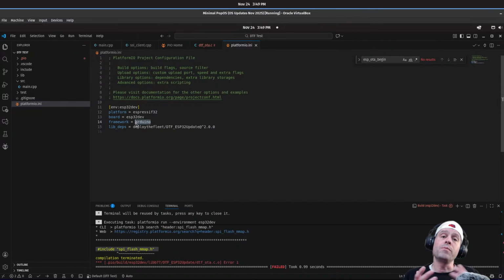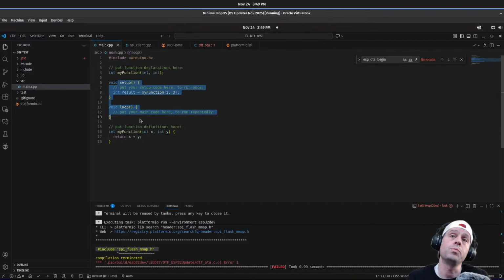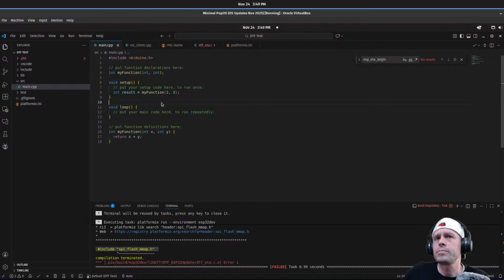The problem is that people have built up projects relying on the Arduino syntax abstraction, so it's easy for me to say, but for the customer, that is non-trivial. Right out of the box, you can't do setup and loop anymore. You have to have an app main, and you probably have a whole bunch of other things. It's probably not just my deploy the fleet SDK that you've pulled in as a library. You've probably pulled in sensor libraries and storage libraries and a whole bunch of other things that also rely on the Arduino syntax. So it's easy for me to say, oh, just switch to native IDF and you can keep using PlatformIO. That's a much heavier lift for the customer.